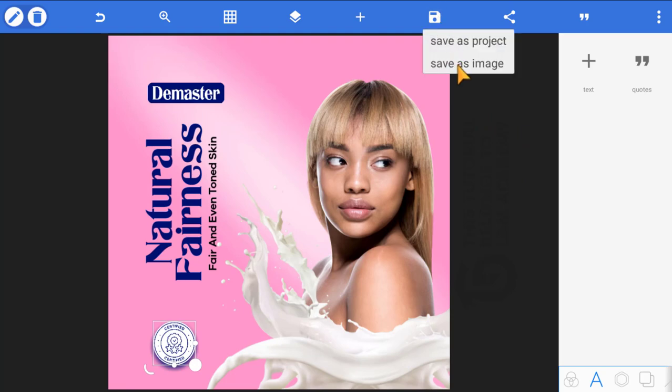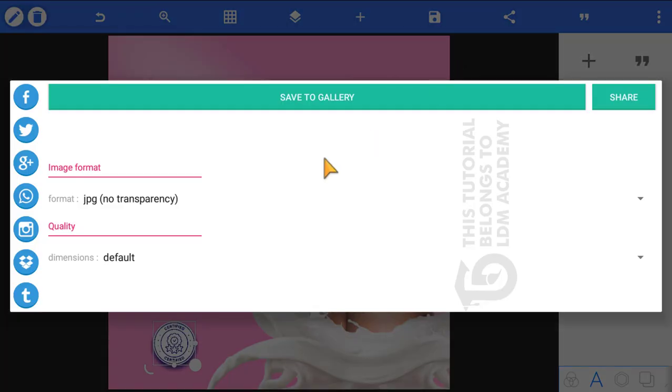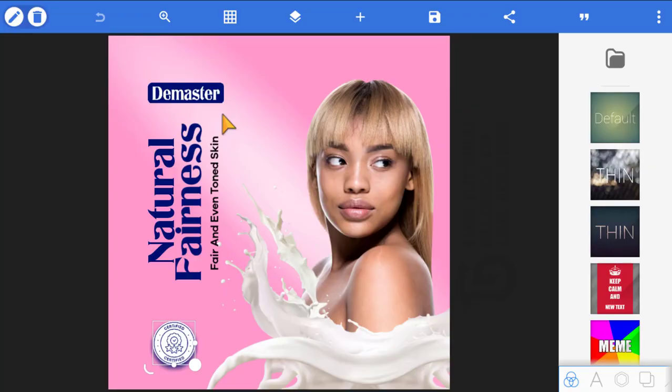We will save it as an image. Okay, beautiful. So make sure that your format type is on JPEG. Okay, then what else? So then you click on save to gallery. All right, so now that we are done with exporting the first phase of our design, the next step